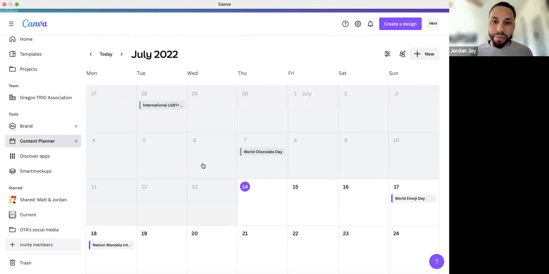The content planner. Towards the end, if we have more questions, I can dig deeper into here, because there's a lot to talk about with the content planner. But overall, it's just a place where you can schedule posts. So if I have a Facebook post that I want to go out on Saturday, but I work Monday through Friday, then I can schedule it to post to Facebook.